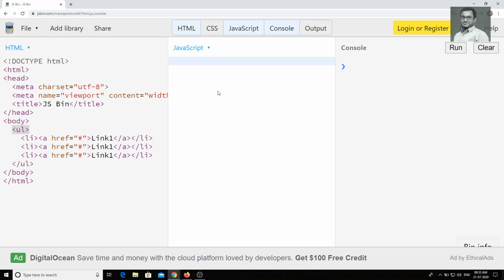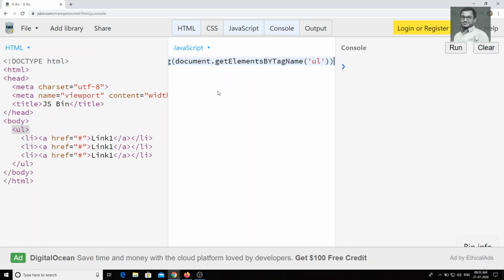Now we can check directly. We will do console.log document dot, we have a special method, that is getElementsByTagName of UL.